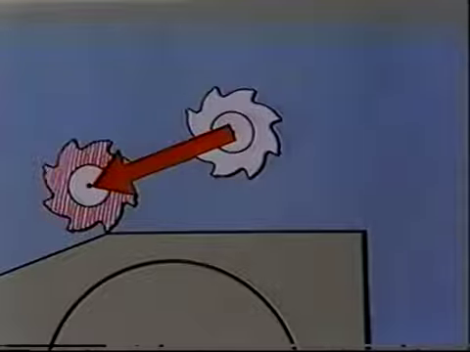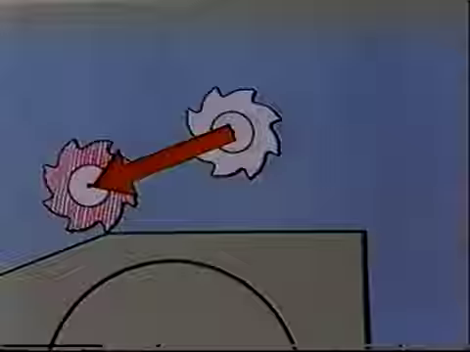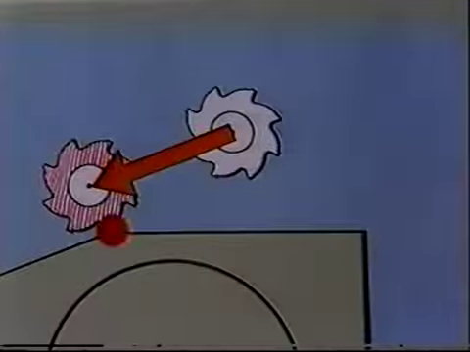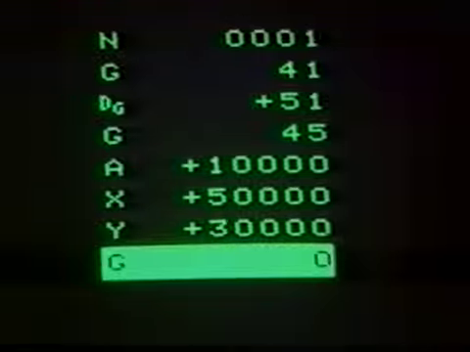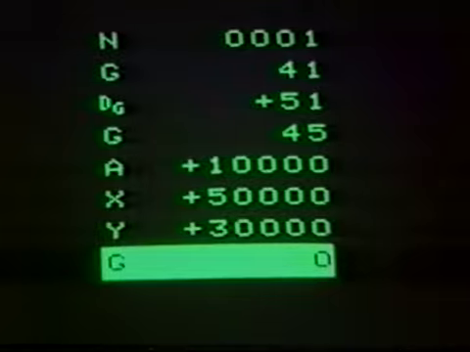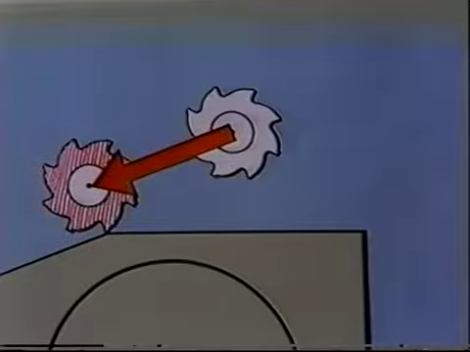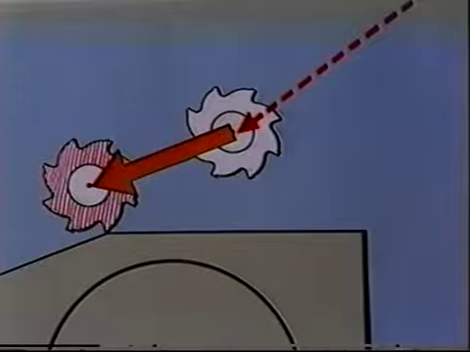X and Y are used to program the first contour point required. Doesn't matter what number I put in, so I'll just enter any old thing. Aha! Now the control system wants another path condition. Right. The control system wants to know if it's supposed to travel to the down feed point at rapid rate or at the feed rate along a straight line. So you tell it what to do using the path condition.